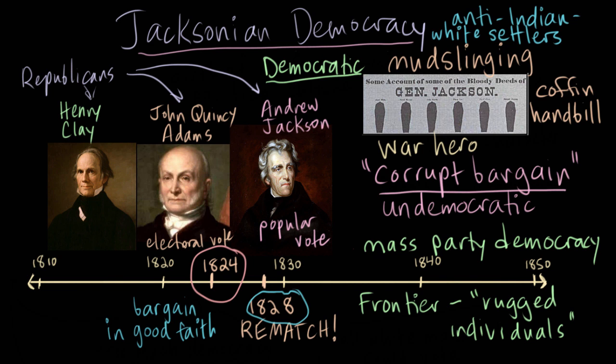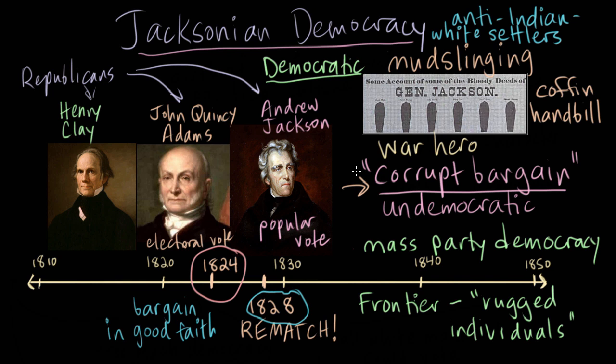So, we've been talking about Jacksonian democracy, and when we last left off, Andrew Jackson had defeated John Quincy Adams in the election of 1828, largely by claiming that Quincy Adams had won the previous election through a corrupt bargain. So Jackson played upon the sympathies of the public by claiming that he was the common man, or the representation of the common man. He took advantage of the growing number of white male voters who could participate in elections,